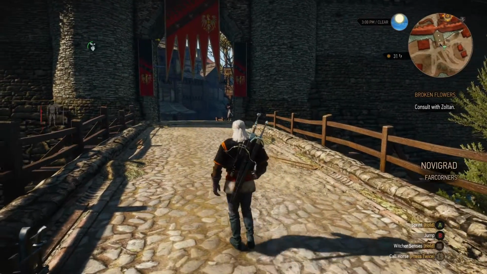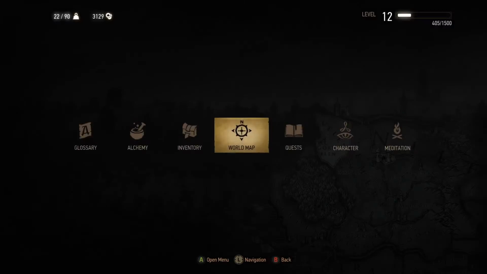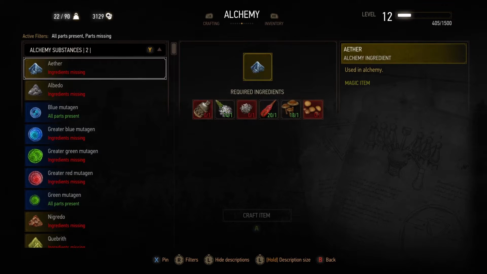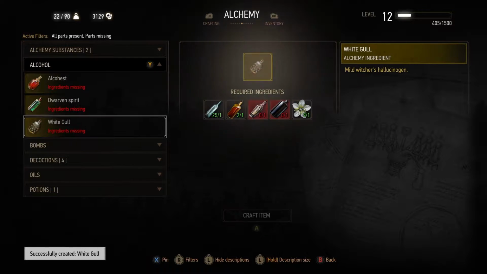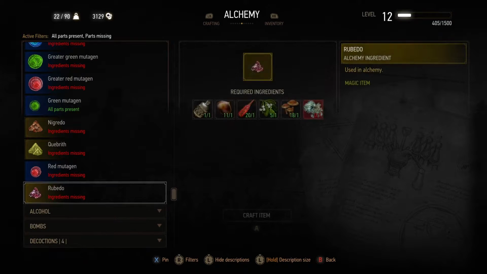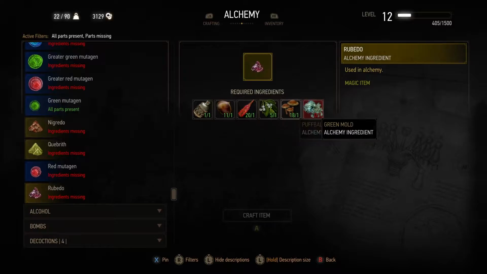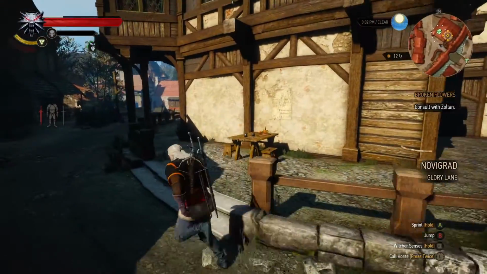I love that contract, actually. It's quite spooky. The whole environment. Oh, by the way, we can... let's see here. It was Rubero that we needed. So White Gull. And then Rubero. There. Wait. Oh, come on. Green mold. Well...